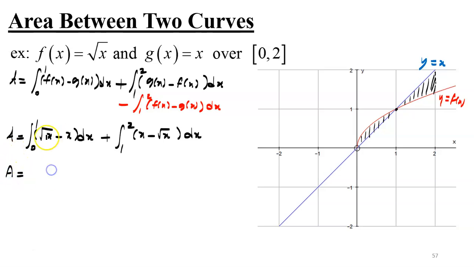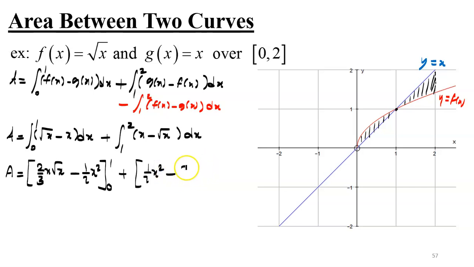So integrating, an antiderivative of square root of x, as we've discussed when we set up the table of antiderivatives in our introductory lesson on antiderivatives, is in fact 2/3 x square root of x. That's the antiderivative of square root of x. So minus half x squared for the first one, that is between 0 and 1, plus, now over here you notice it's the same terms, it's just their opposites. So I do consider the opposite of the antiderivative as half x squared minus 2/3 x square root of x